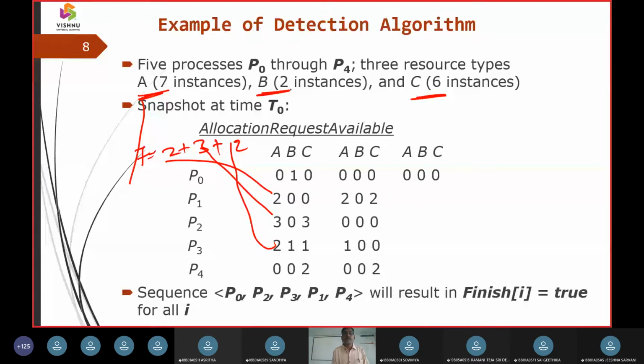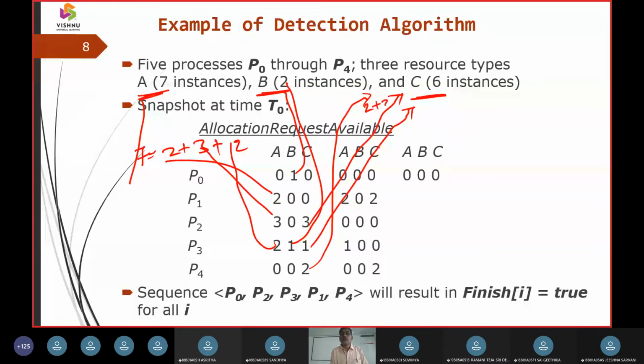How do I get B as 2 instances? 1 and 1. How does C get 6 instances? This is 3, this is 1, and this is 2, so you can assume it as 2 plus 3 plus 1. In total it gets 6 instances.